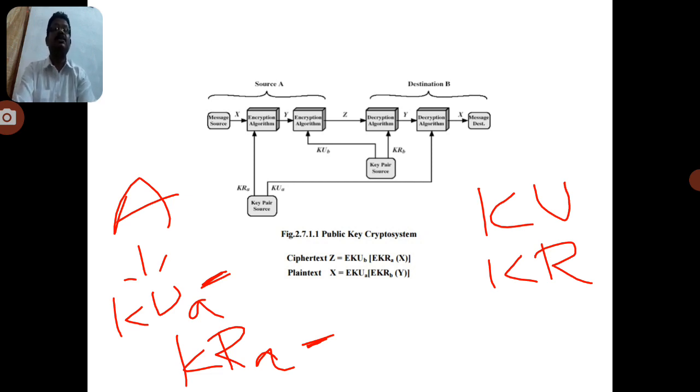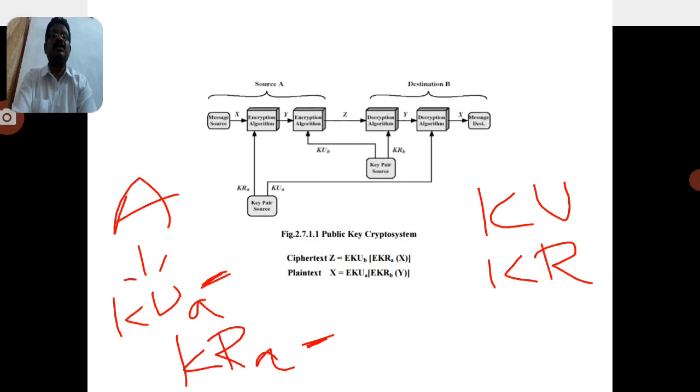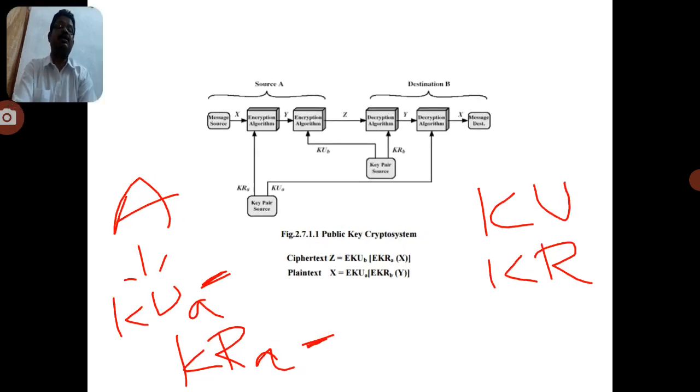The second thing is, out of these two keys, the public key and the private key, the secrecy is in the private key, not in the public key. This is the major statement in public key cryptography. We observed that in conventional cryptography only one key is defined, which is itself called a secret key. Here, out of the two keys, the secrecy is in the private key and not in the public key.